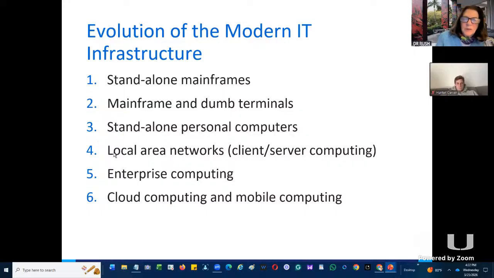And then what you can do is, it says local area networks. If we had a printer in that lab, we could network all the computers in the lab, Hunter, and that would be local. Local means that it's in your vicinity. And then there was enterprise computing that says, you know what? Let's think about software that companies can sell to the enterprise.